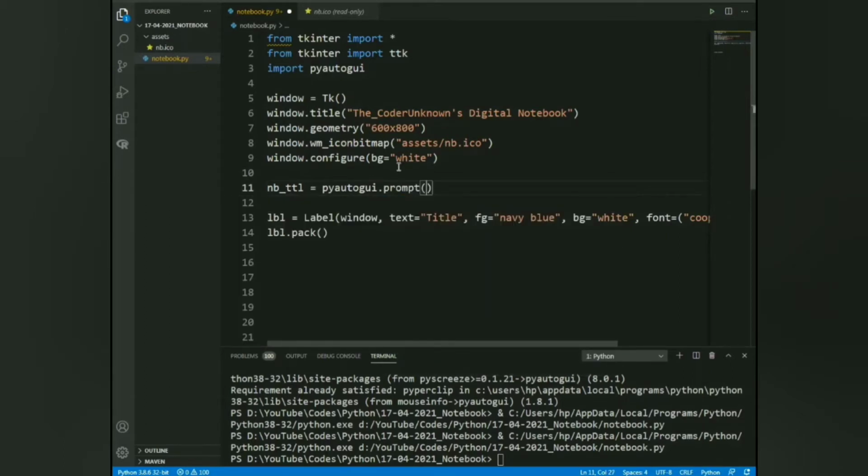And now we will enter a string which will be displayed for entering the text. Here we will say, enter title for your notebook. Now let's put an f-string in the text of the label and put the nb_ttl inside it.